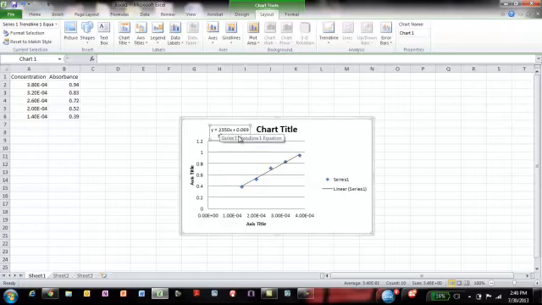So that's your linear equation for those data points. And so we're going to use that concept a whole lot